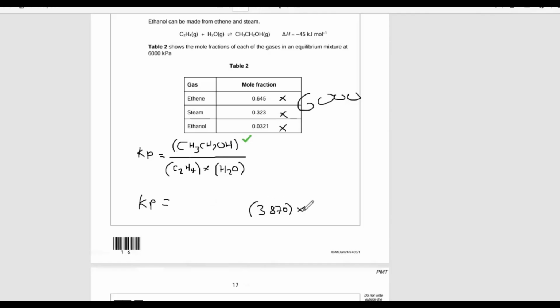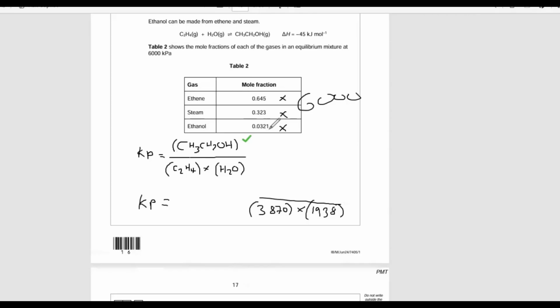And then I'm going to do the steam. What's that? 0.323 times 6,000. And that equals 1938. So that's my water, 1938. These are my reactants. And then you always just want to double check. It's easy to mash this up. And then